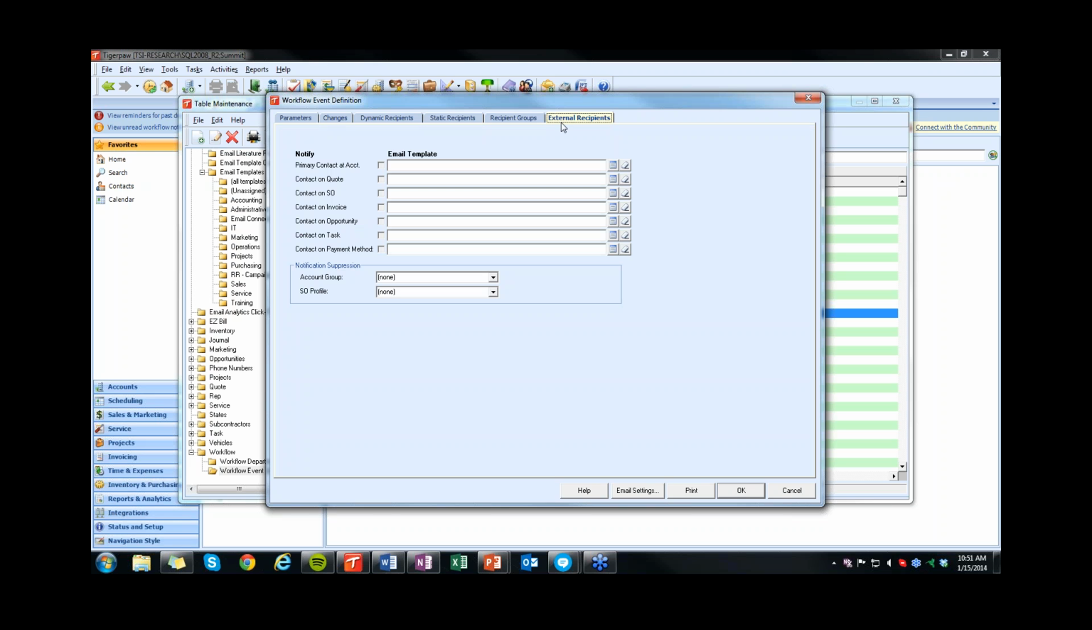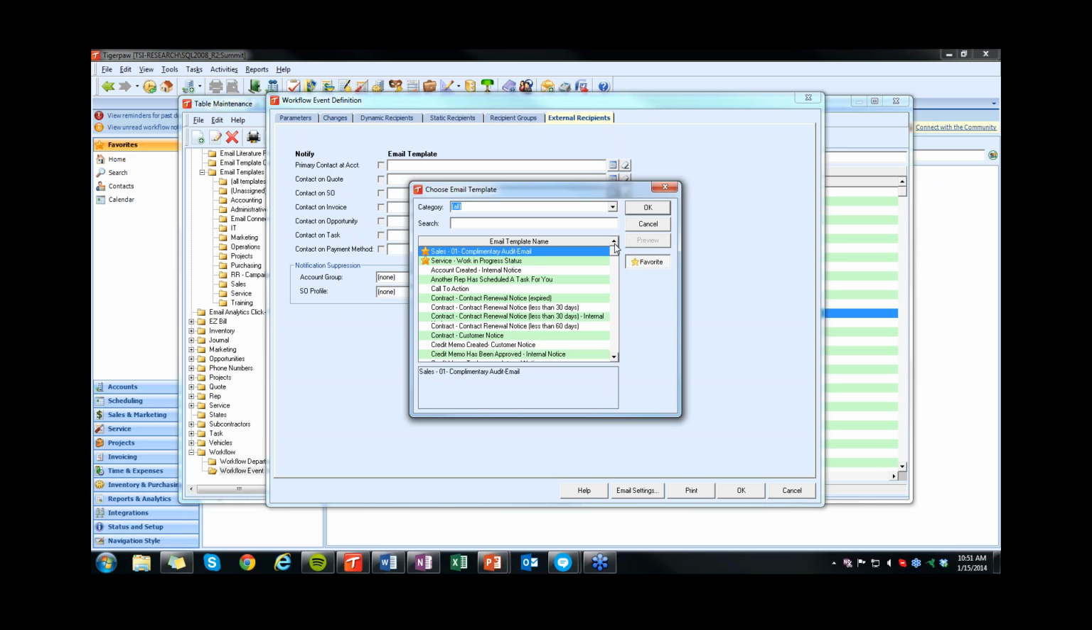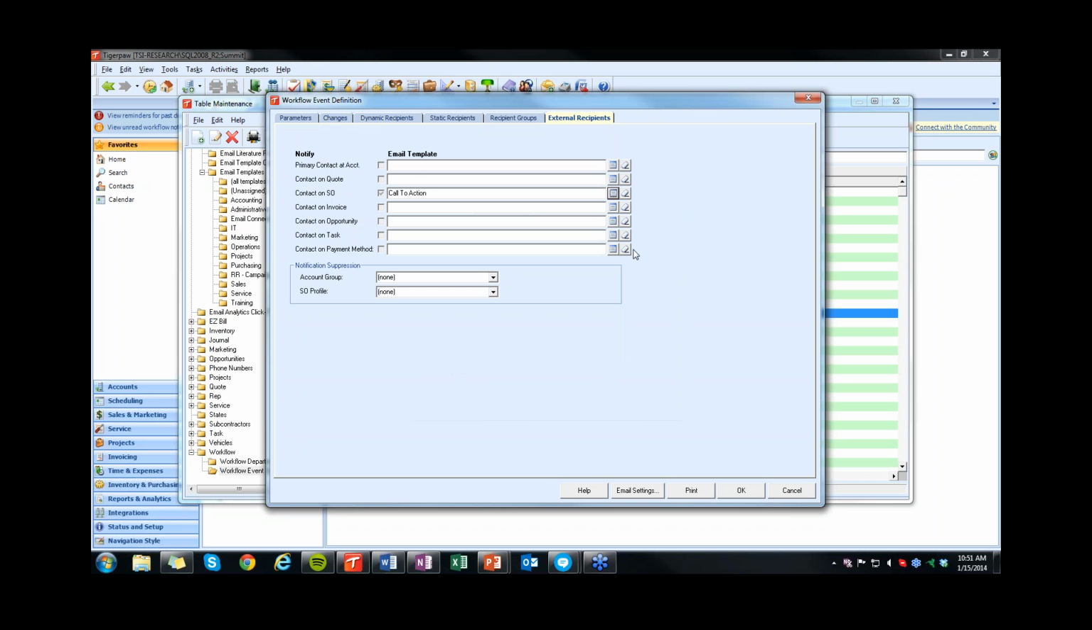Now, workflows can also do something called external recipient notification, which means workflows can send out a notification to a client if they're triggered. This is where they don't get a pop-up, so all you have are email templates, but you add them in much the same way. So when a service order is closed, you want the customer on that service order to get that particular follow-up